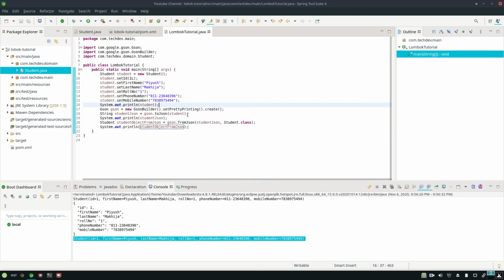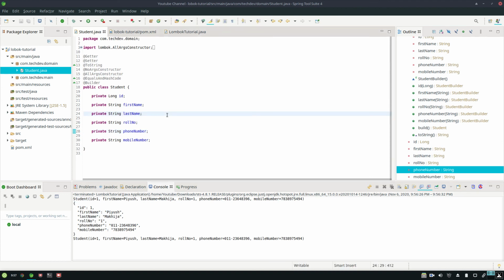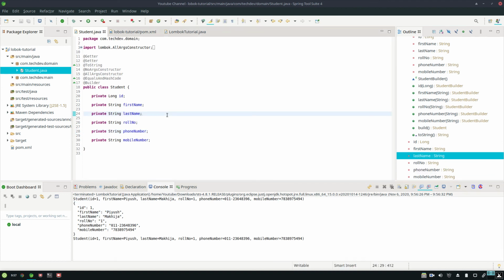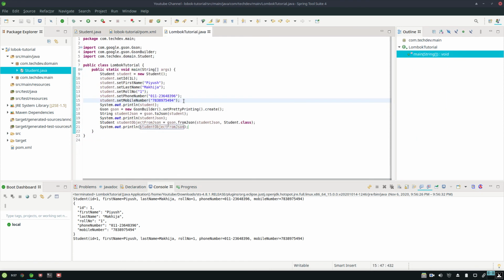For this, you should always remember that the field in the JSON, that is the key, is the main thing which is required here to convert the JSON string to object. Those keys should have the getters and setters in the class, and then it will without any problem convert the JSON string into an object.